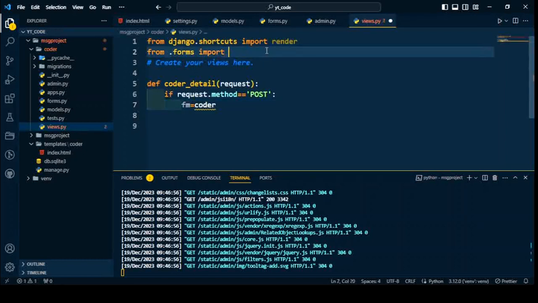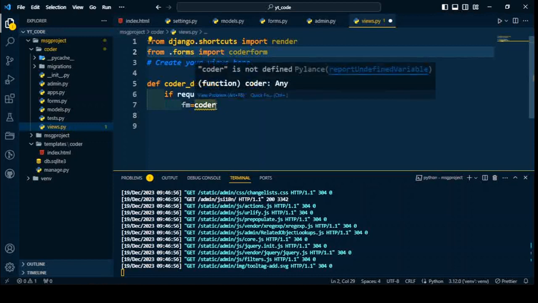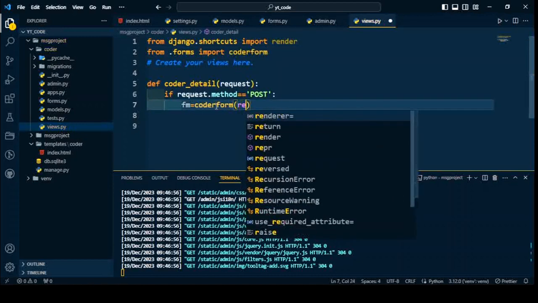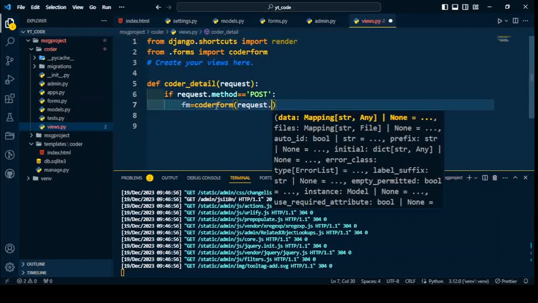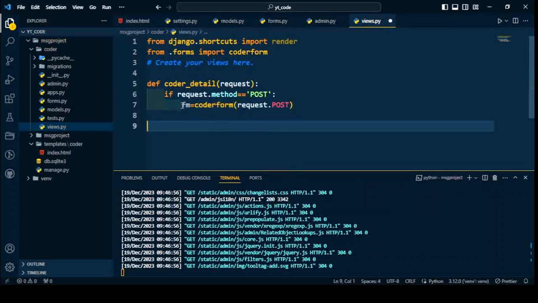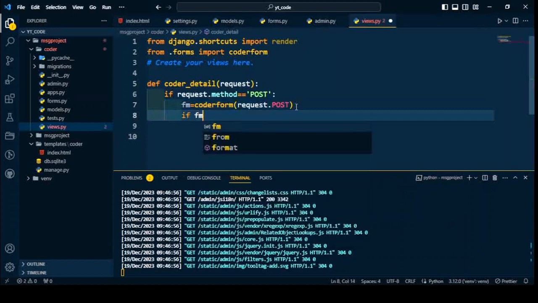Here we need to import the CoderForm. So we are going to store the data from CoderForm, and the data is stored into the request.POST. Whatever the data in the request.POST will create an object fm. After that, if that object is valid,